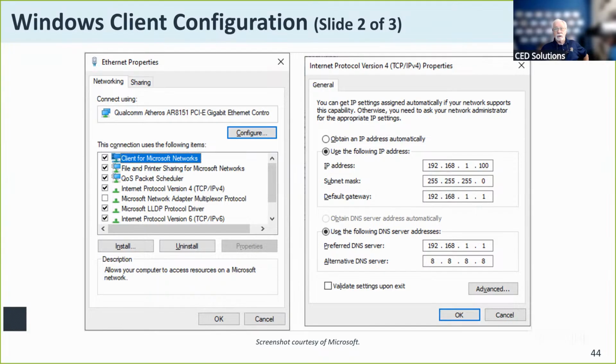Okay. So I can either go into these systems and manually configure all of this, or I can turn this configuration function over to the DHCP server and let it do it automatically. Okay.